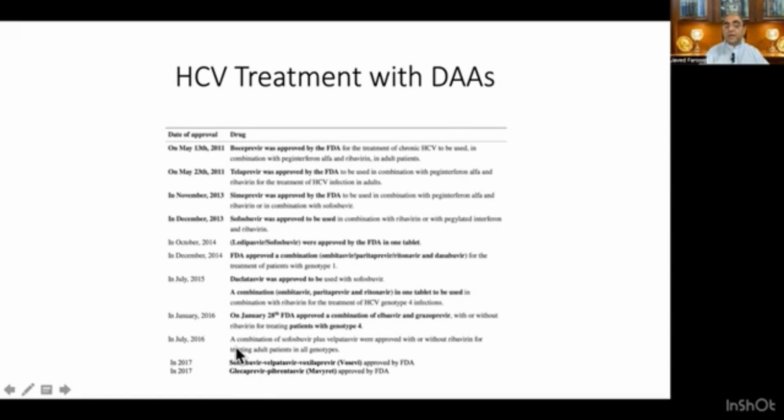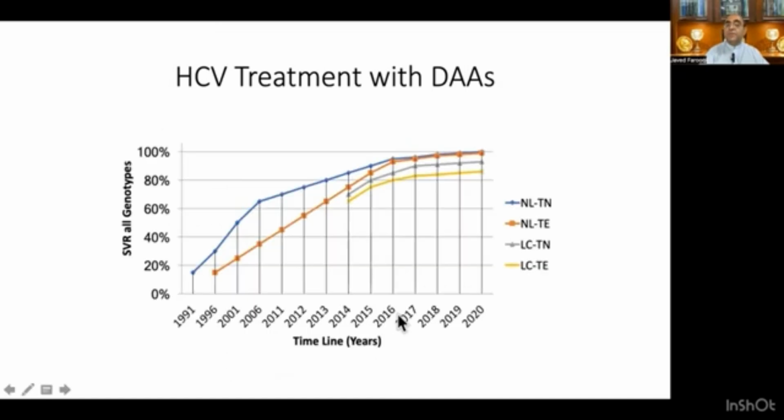Remember, the latest additions of the DAAs are pan-genotypic and they don't need the genotypes to be checked and to be given for specific genotypes. This is the response rates of all genotypes. And what we see in the initial years when it was the standard interferon, and then the ribavirin was added,